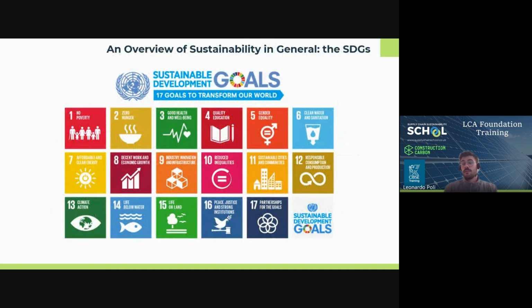The UN Sustainable Development Goals represent a comprehensive framework on all aspects of sustainability. They were agreed upon in 2015 and are based upon the original definition of sustainable development that we covered earlier in the introduction section. There are 17 goals to achieve by 2030 across all nations that are part of the UN, and they cover the three macro areas of environmental, social, and economic sustainability.